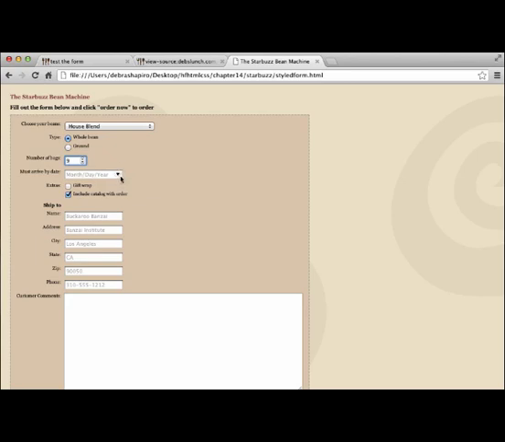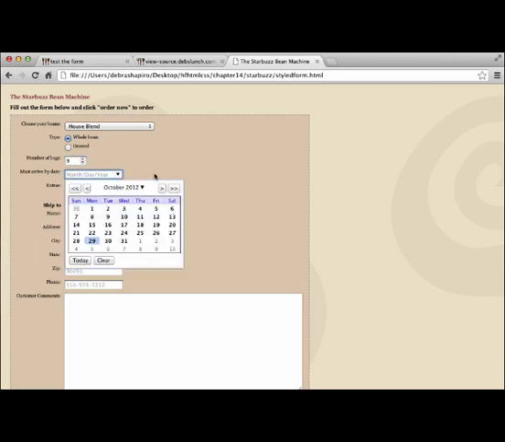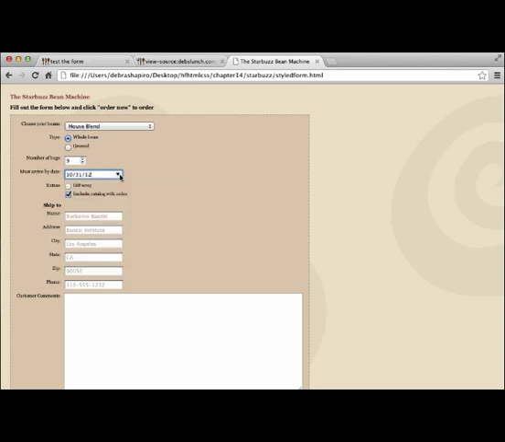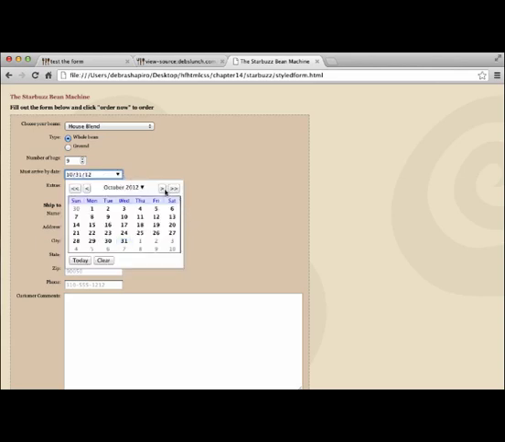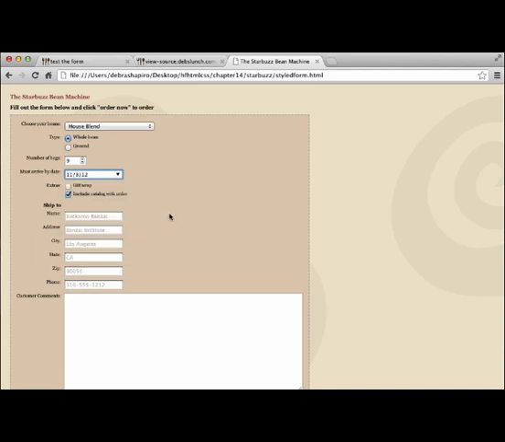And then you can pick an arrival date, and the little calendar is opening up, and this is very simple. We'll look at the code again. Even though this looks pretty fancy, it's really easy to give someone a little calendar to pick from. And it's got a ship to, you can add customer comments,